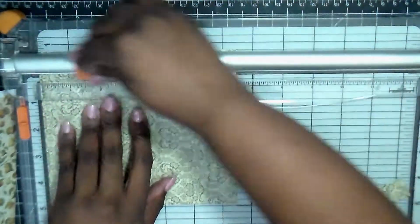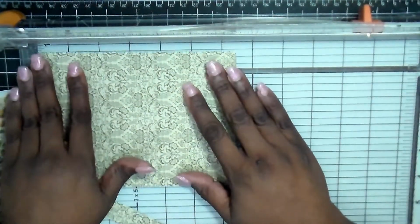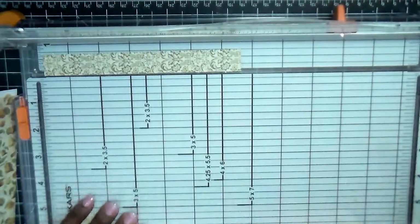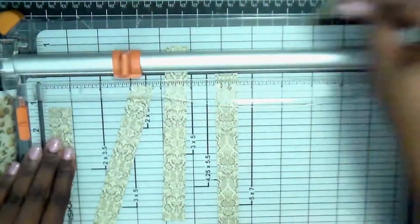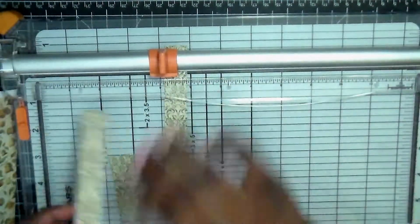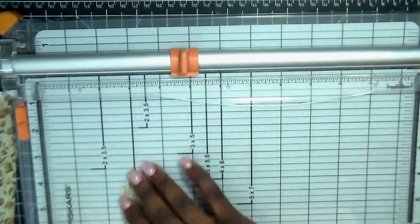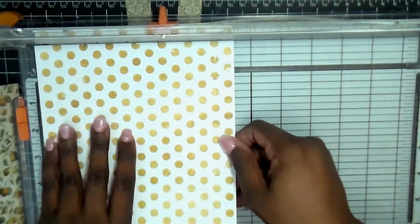Okay. That's the width of two of the strips, and then the one in the middle I made an inch. Now depending on how you want your border to go on the card, if you want a border, then I would suggest possibly making it a half an inch for each one, so that way you could put space in between each of the strips and possibly have a border around the edge. If you want it like this where it's more straight and even, it's going to be really close, but it does come out. I think on one of the cards, I didn't have to trim anything, and on the second card, I did have to trim a little bit,